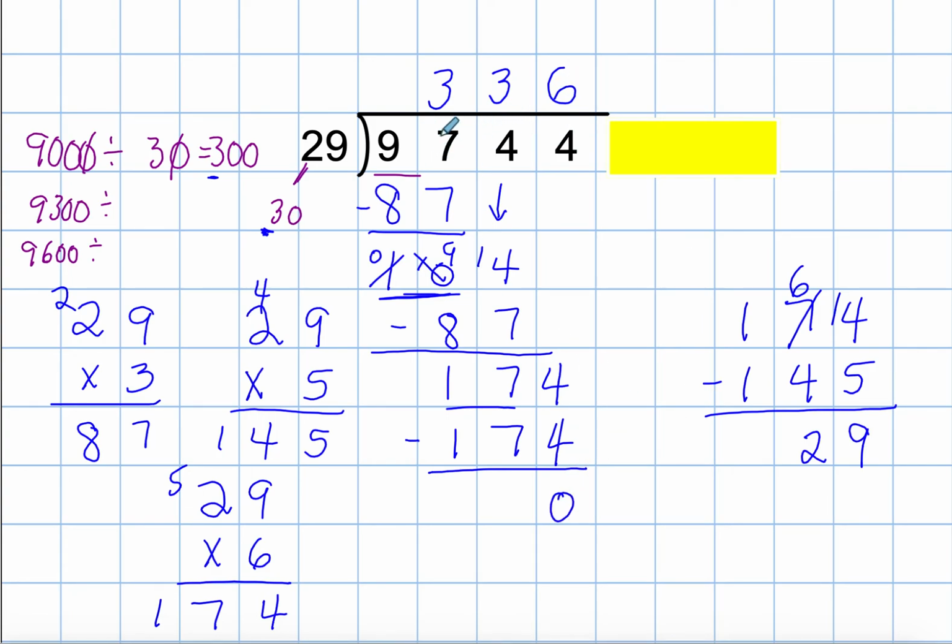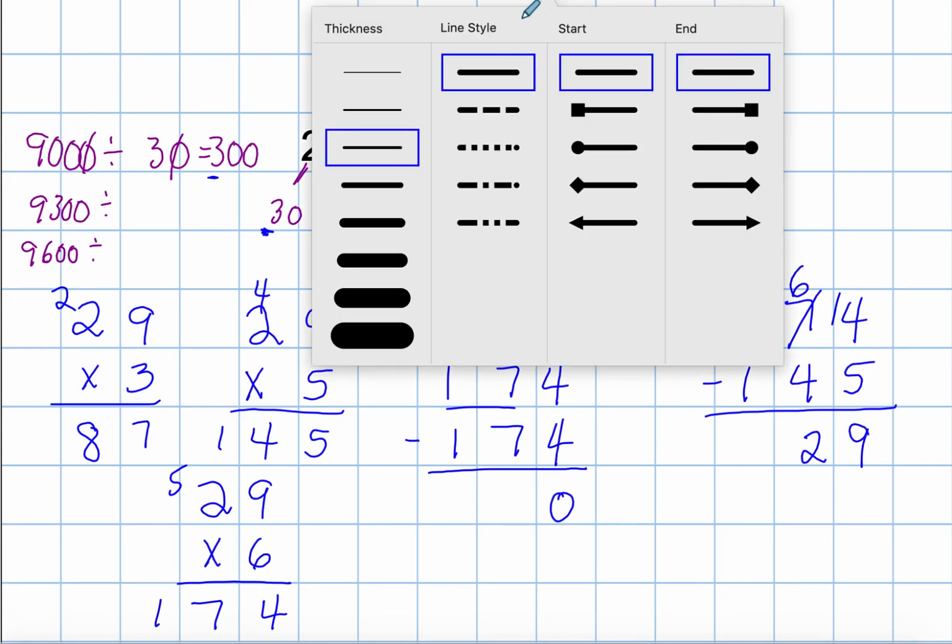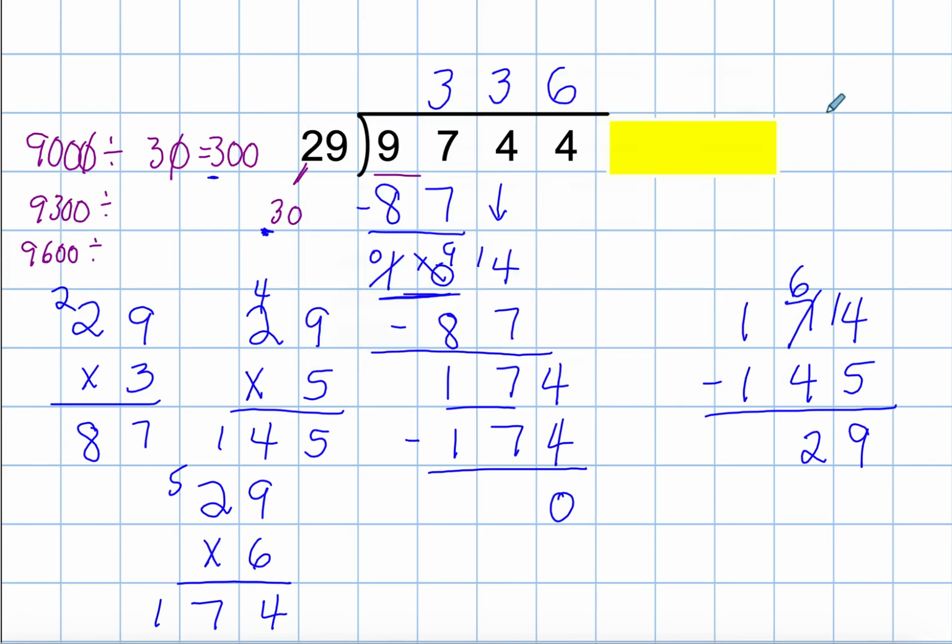So 9,744 divided by 29 is 336. I could check that with multiplication. So what I can do is off here on the side,